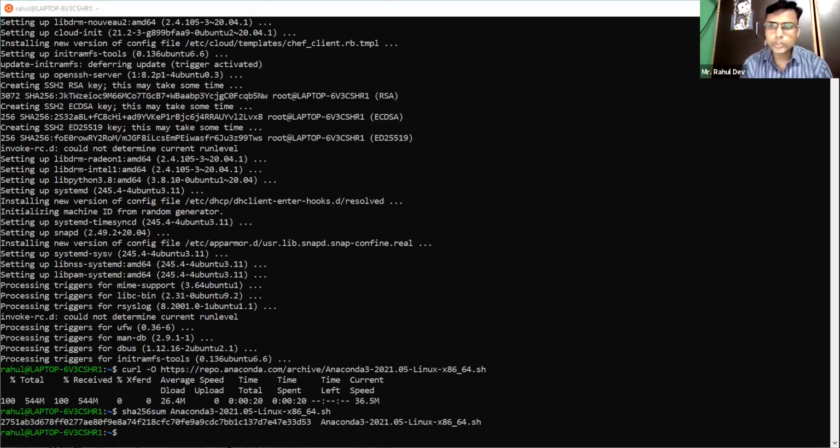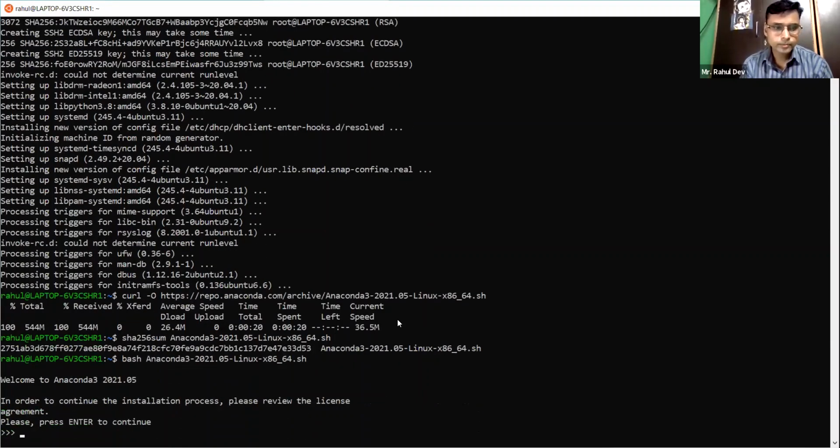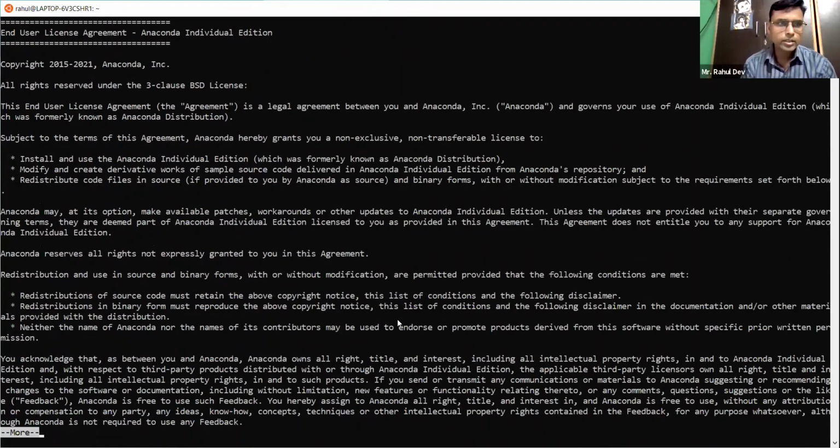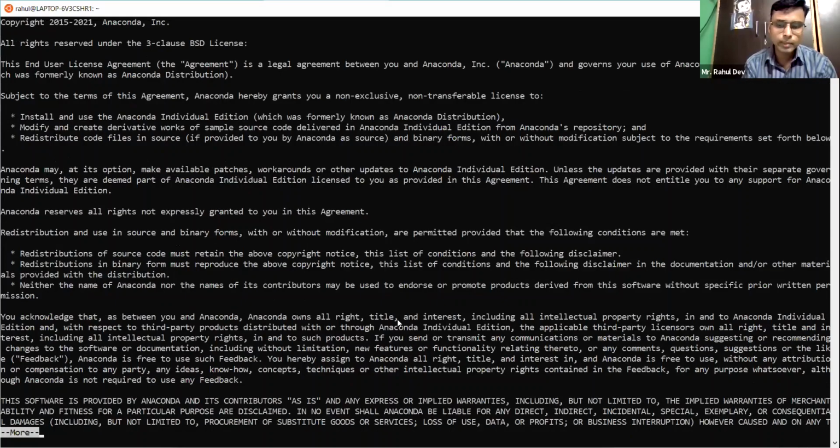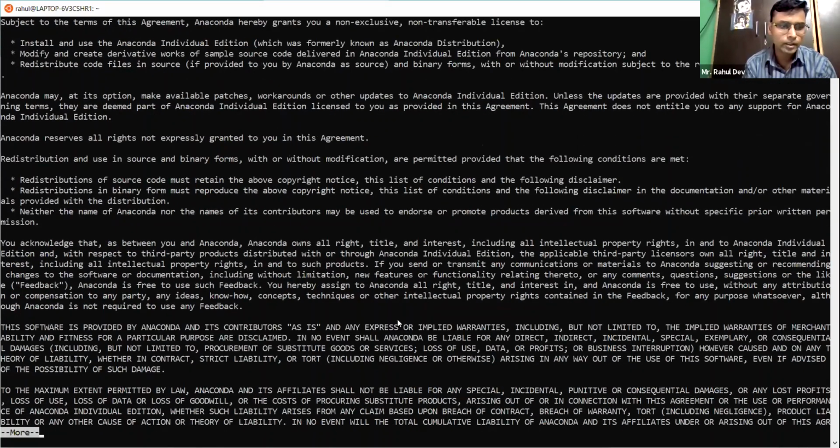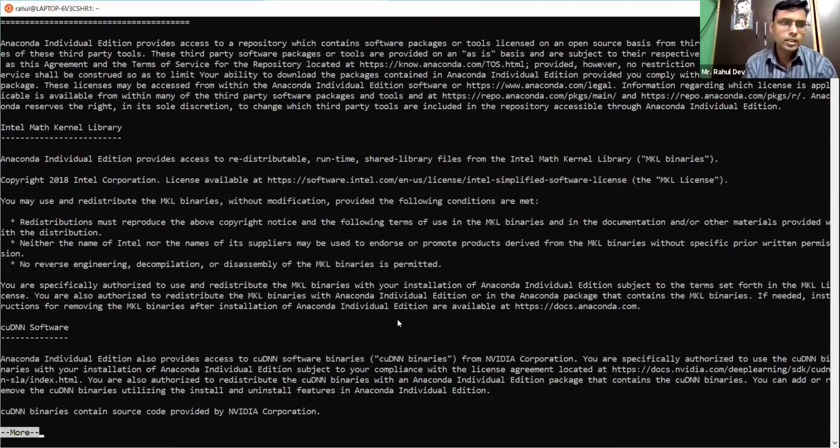Then we have to install, and there are a few methods of installation. We are going by the simplest method of installing Anaconda. This is a bash command by which we would be able to install. It is interactive actually, and I must tell you how interactive it is. Press enter whenever it requires. This is the license agreement. We have to press enter many times until we get another option.